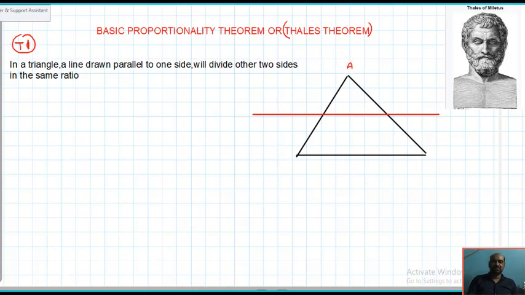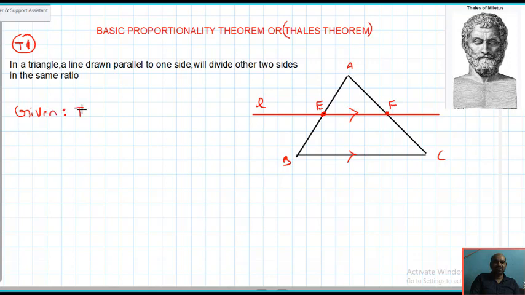Students, say this is triangle ABC. Say this is line L, which is parallel to BC. Let it intersect AB at E, and this is at F. First of all, step by step you need to write. What is the first step? The given data should be written, sometimes called the hypothesis. Given: what is given should be written.